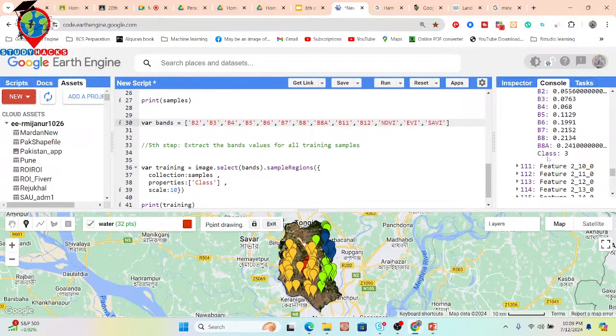Another example is built-up and barren land. The spectral values of built-up and barren land are almost the same. To differentiate built-up and barren land, we have to use one band. It's called NDBI, the normalized difference built-up index, and we also use the BI index, the barren land index. When you use this type of index, we can easily differentiate built-up and barren land. We can easily create a distinction between them,